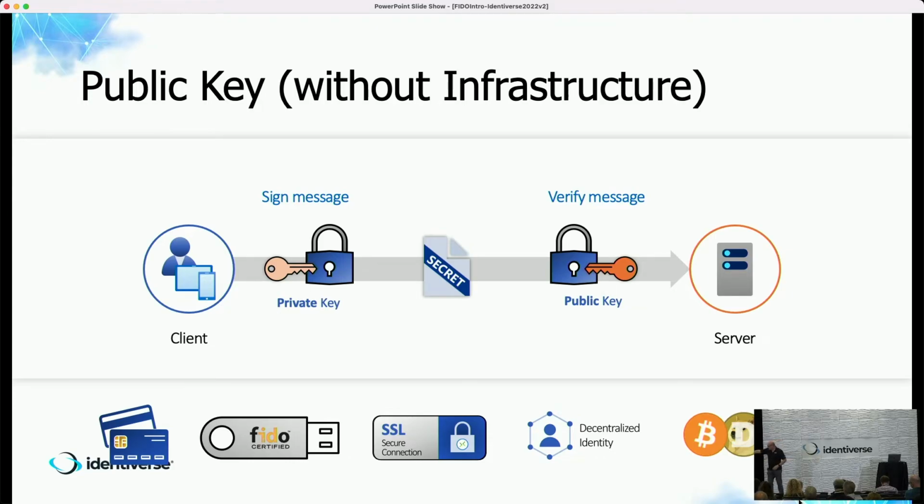What Fido doesn't use, which simplifies the model, is the infrastructure part of PKI. So there's no certificate authorities involved or anything like that. So it removes a huge amount of complexity associated with trying to deploy things like Fido. And just pointing out at the bottom, for those who don't have heads hiding them, there's a whole list of other systems that people are familiar with where public key cryptography is used. So this is a well-established, well-understood form of technology for cryptographic security.